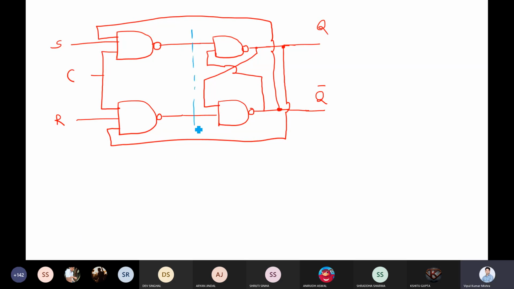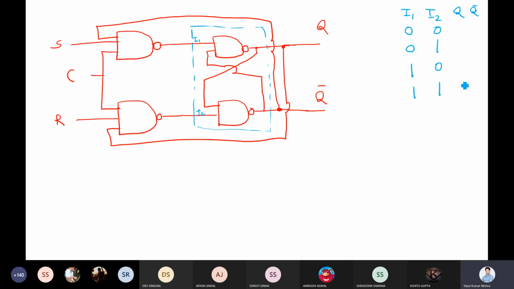So let me take this as a box. We have already seen this latch. Let me write the truth table for this. Let me call this I1 and this I2, so it will be easy to refer, and then the Q and Q bar values. So the inputs are 0, 0, 0, 1, 1, 0 and 1, 1.